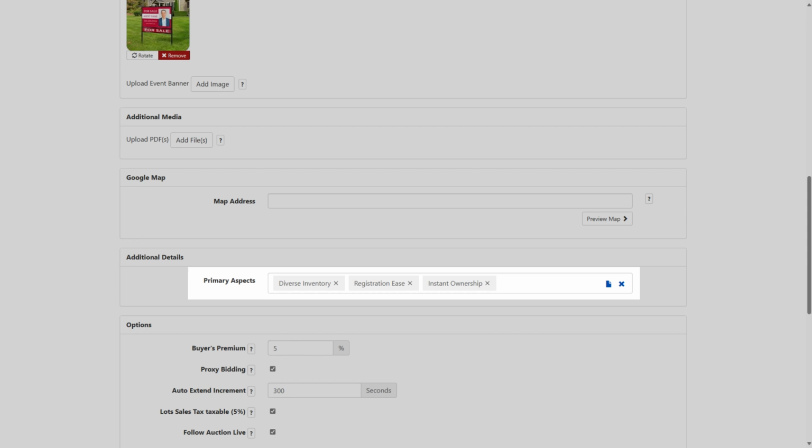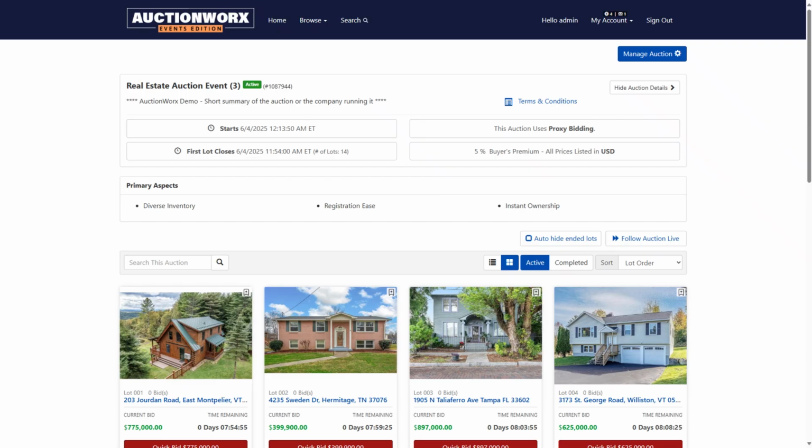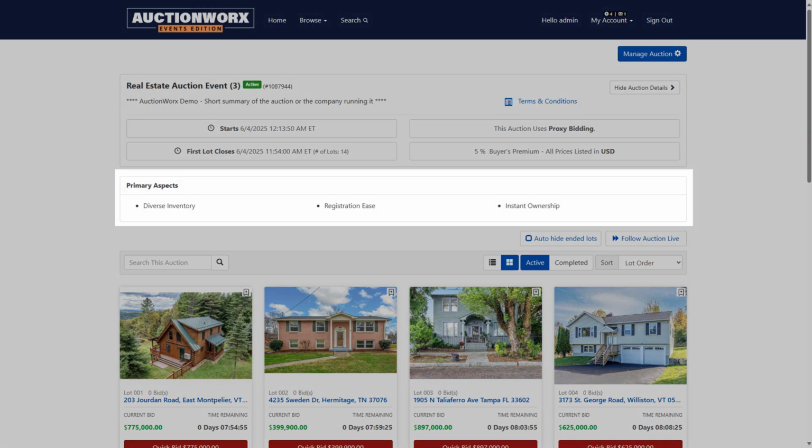Sellers will be able to add multiple values. The field functions like a tag box. Type something, press a comma, and it turns into a chip. Each chip has an X to remove it. As you can see, the primary aspects, a type of multi-column list, are displayed as a list on the Event